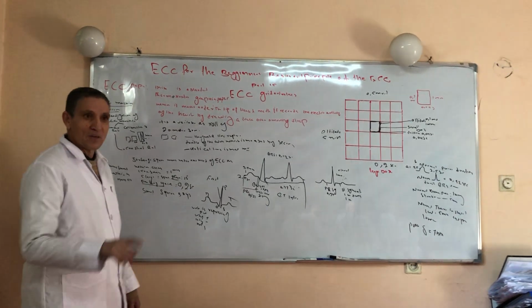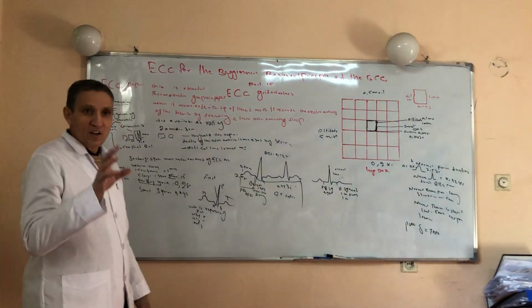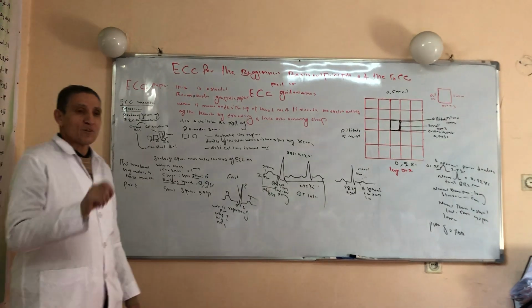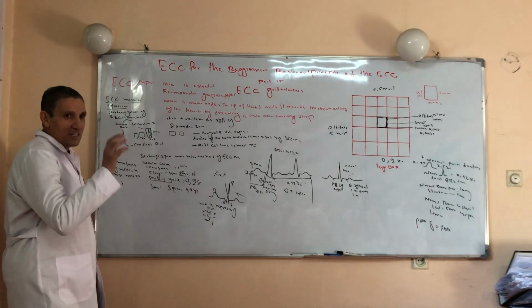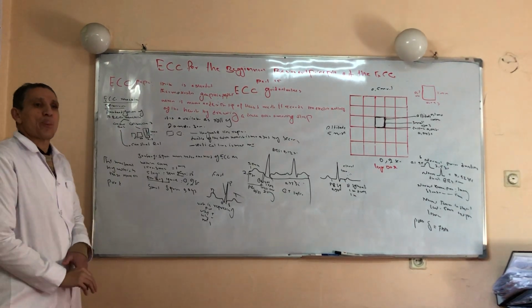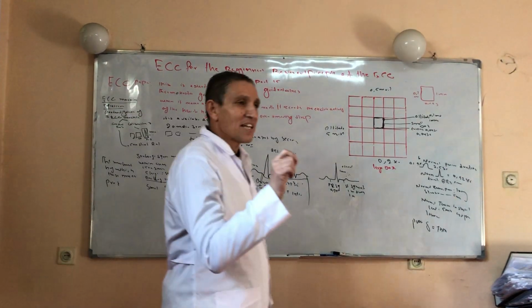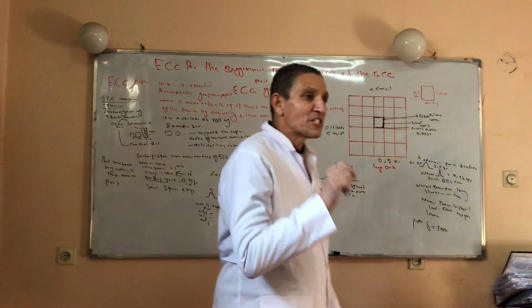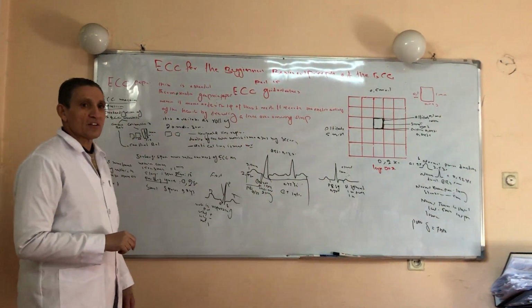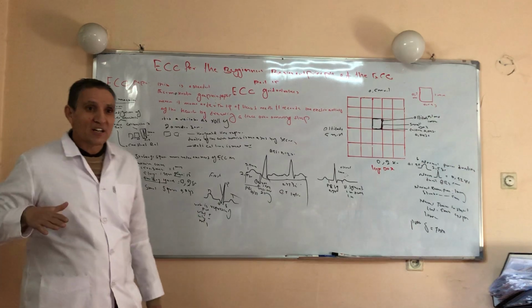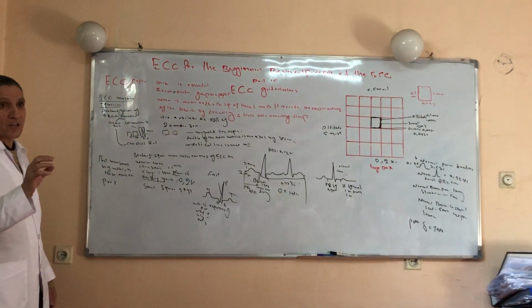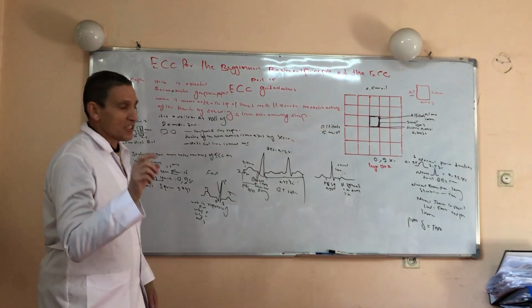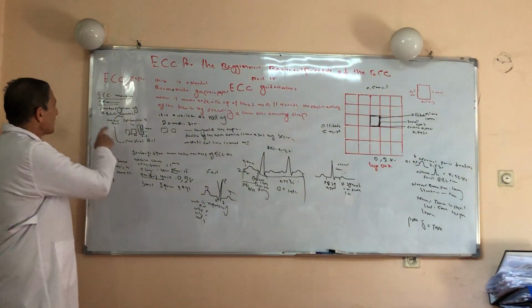After the ECG paper, we come to the ECG machine. Recording the electrical activity of the heart without an ECG machine is impossible. So we will talk about the ECG machine. What is the ECG machine? The ECG machine is a standard electromedical instrument which records the electrical activity of the heart by drawing a trace over a moving paper. The standardization of the ECG machine is made from 2 important points.